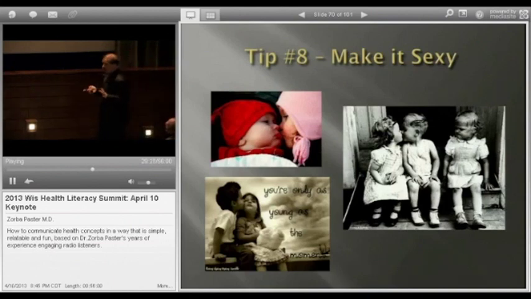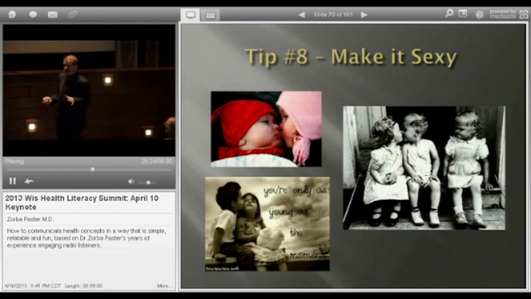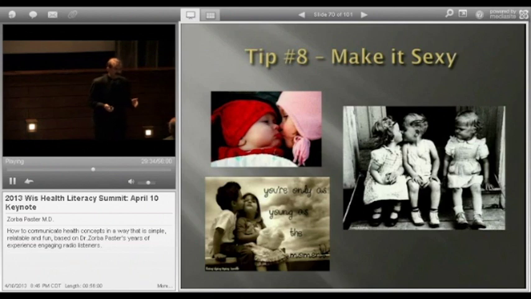Make it sexy. Or, as W.C. Fields once said, never share the stage with a dog or a child. Right? Never share it with a dog or a child. Why? Because your eye immediately goes to the dog to see if he's going to pee on the stage or bite you. And a child because we naturally go towards children. So when I say make it sexy, I don't mean sexy in a sexy way. I mean things like that to move the information.